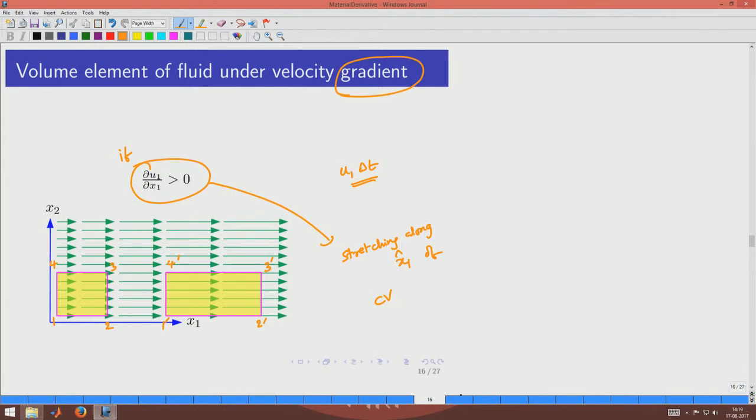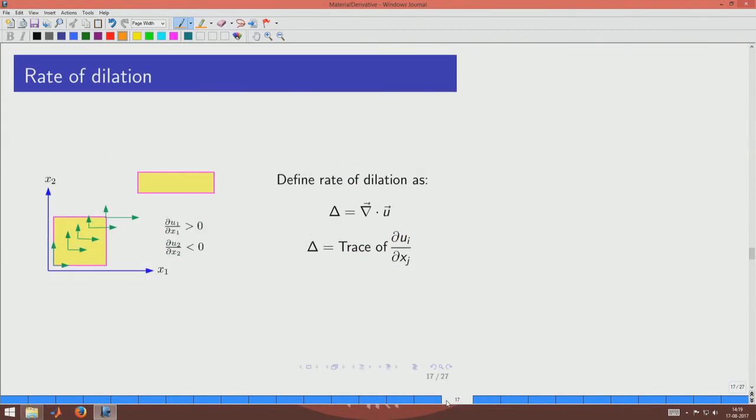So, it is now trivial to again apply this to any other direction and say that the velocity gradients in respective directions will stretch the control volume in the respective directions. So, here we have seen that if you have a situation like this, where the velocity gradient in the x1 direction is positive and in the x2 direction is negative, then the control volume actually will expand in the x direction. This is expansion and this is a contraction. These expansion and contraction can just be called dilation, positive or negative, it does not matter. The size of the control volume is changing.